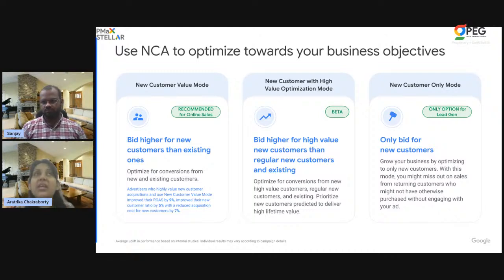that will understand that the existing customers are important to me, but at the same time the new customers are also important. It will bid higher to acquire more customers, and it will give you more customers into your bucket. So how this helps is you are retaining your old, existing customers,